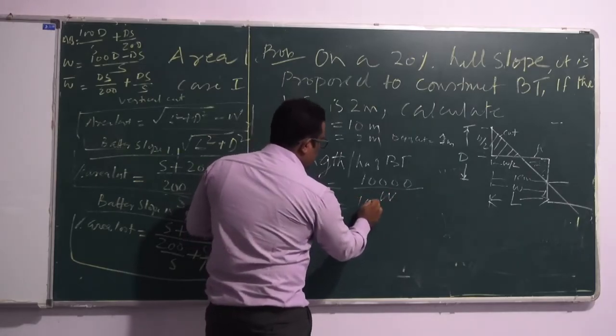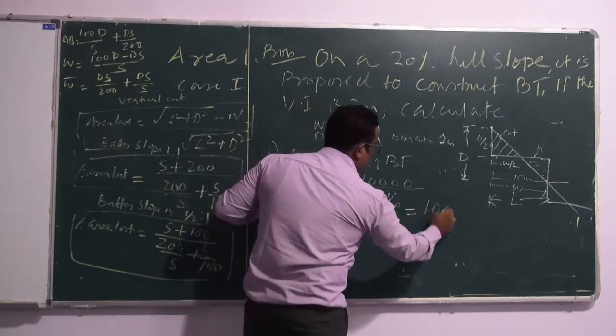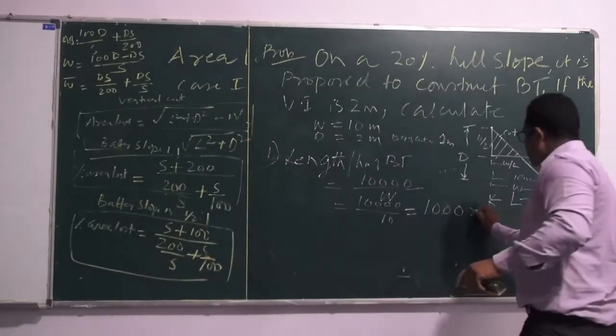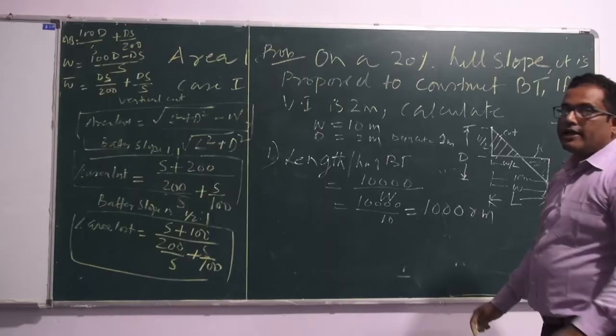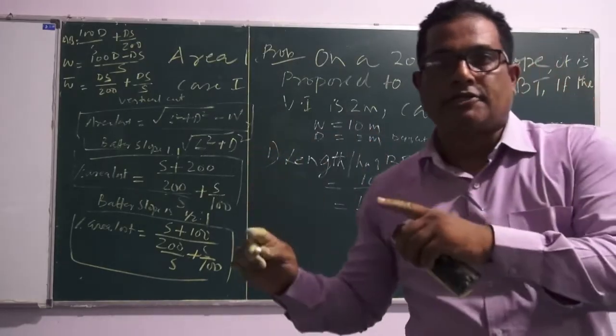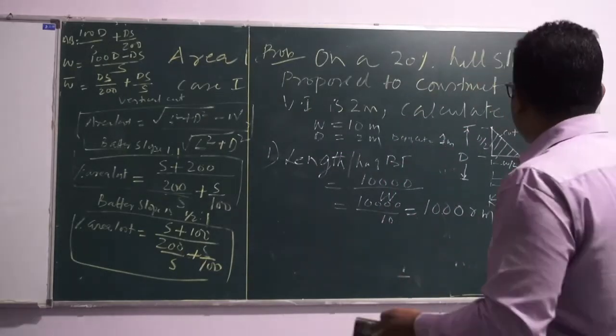This is 10,000 by 10 is equal to 1,000 running meter. Why will it be running meter? Because it will be an addition of all the bench terraces